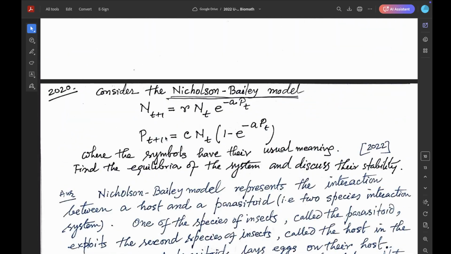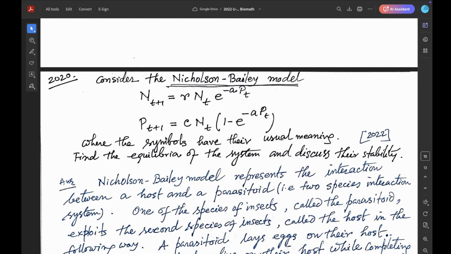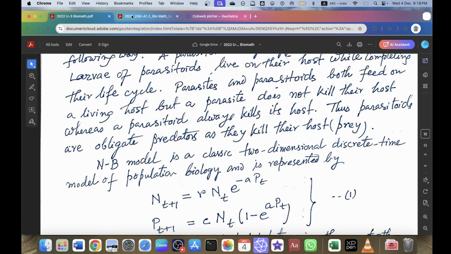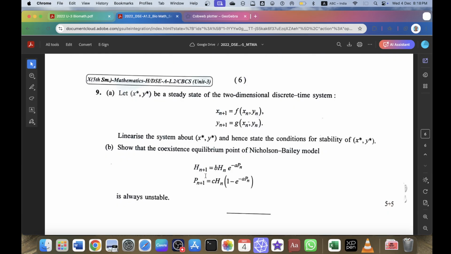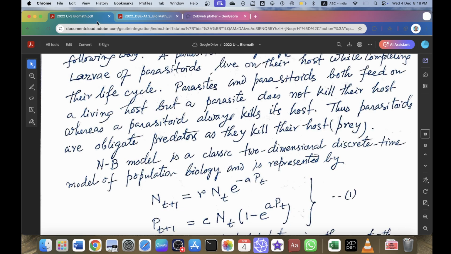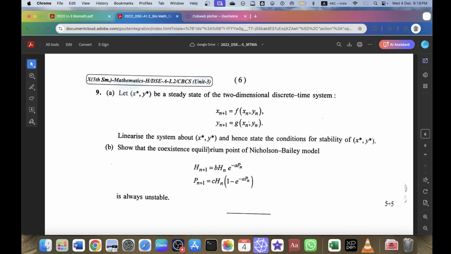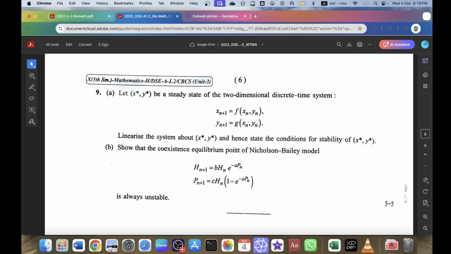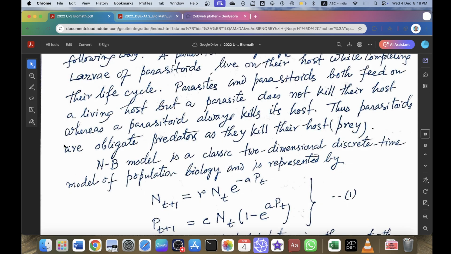Here we use N and P, so here this r is b, and N is H, and P is P. So write this,